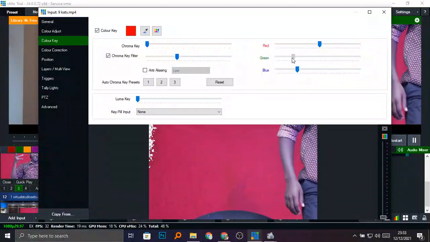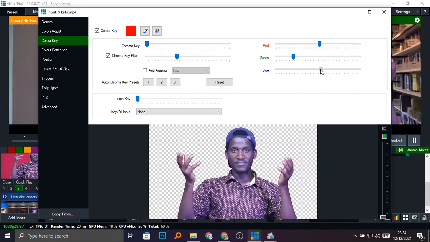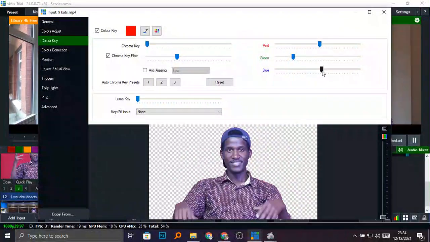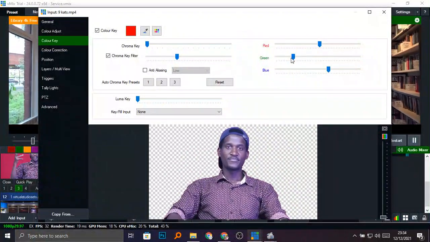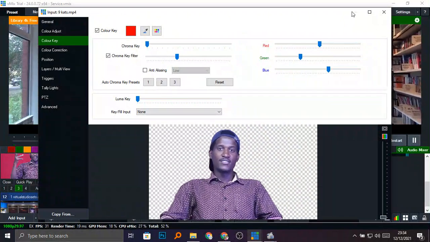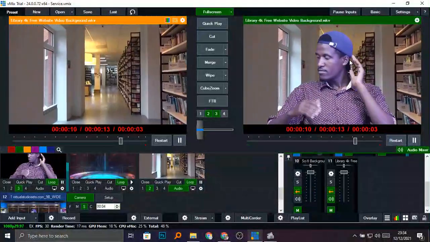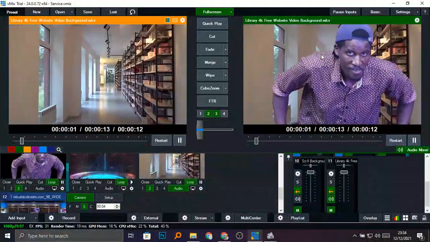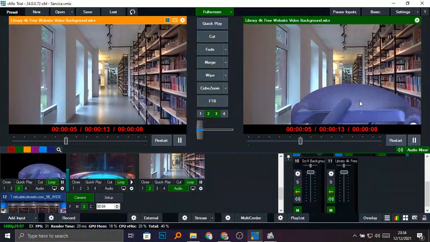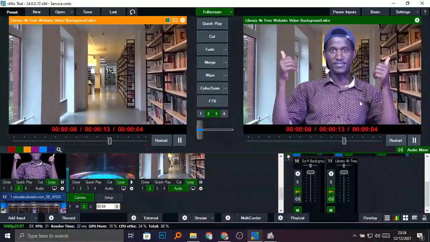As you can see, you can minimize. I've got what I wanted. As you can see clearly, I have what I wanted. You can see now the object has even a background. So that's how we remove the background